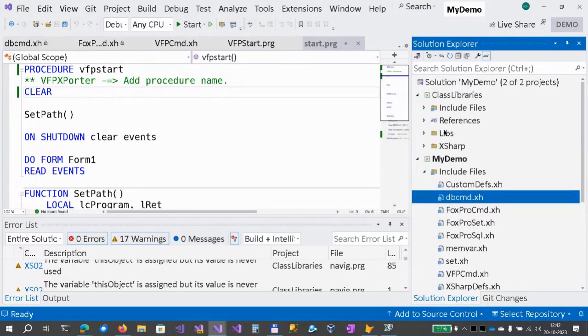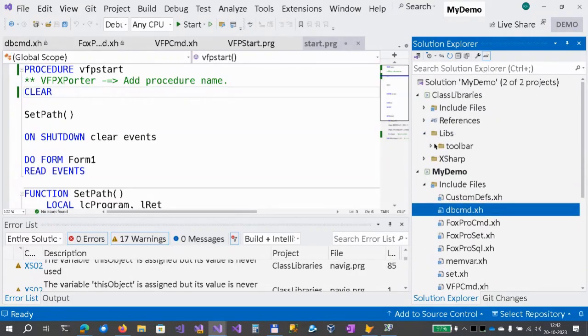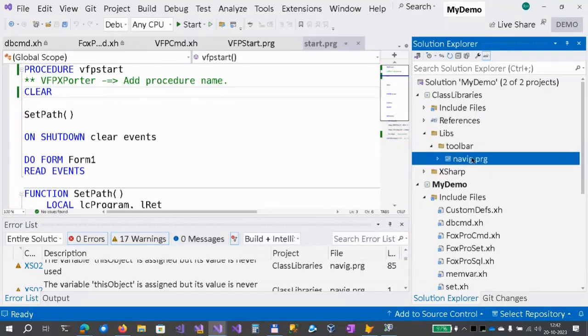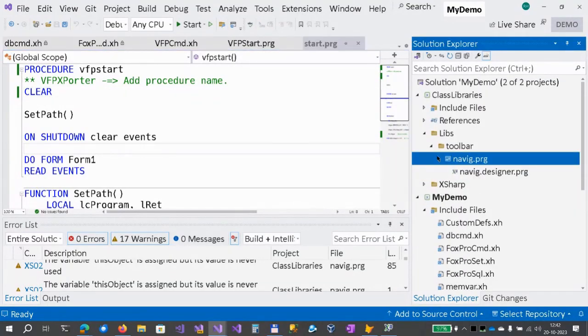Now the toolbar itself was in the library. So in here, we see a toolbar which consists of two files. This is the normal way that Visual Studio handles Windows Forms classes, or Forms windows, and also custom controls.